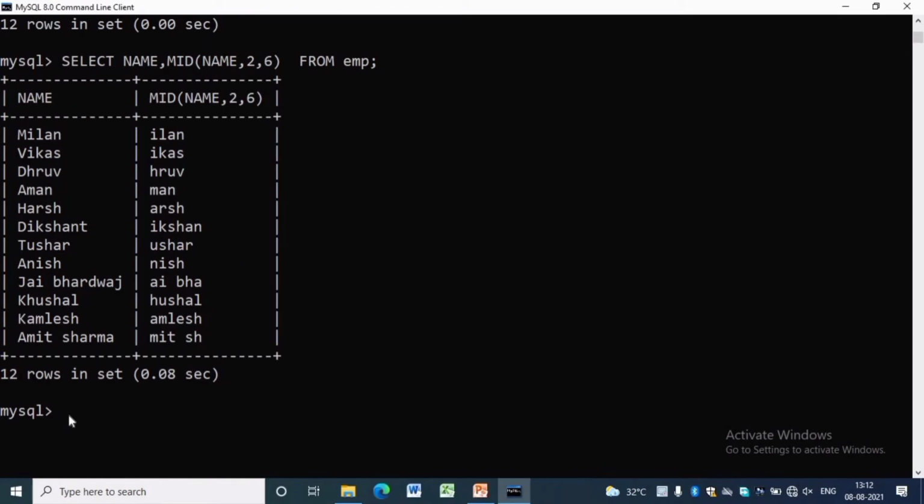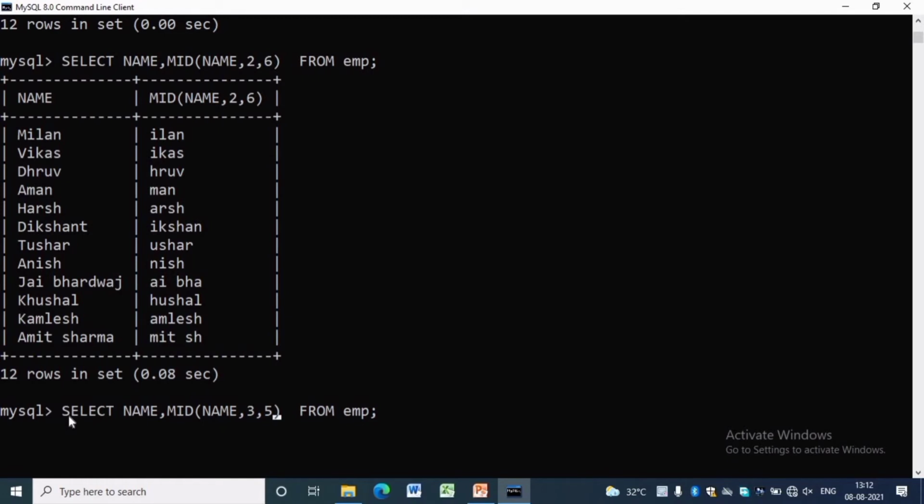Select name, MID(name, 2, 6) from EMP will start from the second character and it will write up to 6 characters. Space will also be a character.